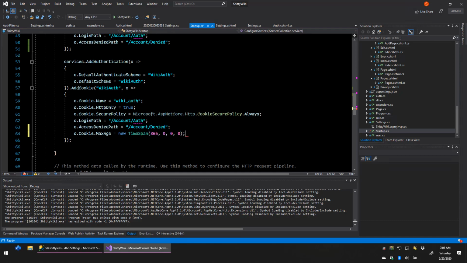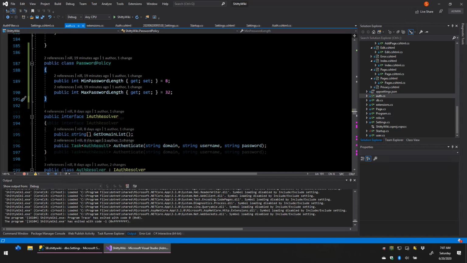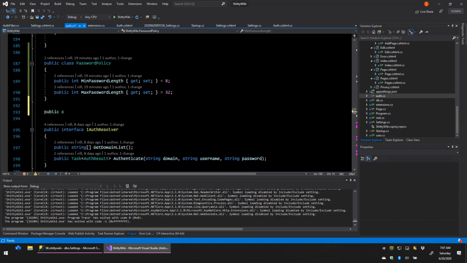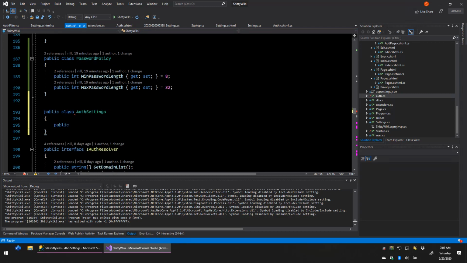That works. And while we're here, all of these settings, like the cookie name, whether it's HTTP only, the security policy, all these should really be administrator settable. As another example of a settings object, let's create an auth settings class, and let's just use time span, session duration or session limit,